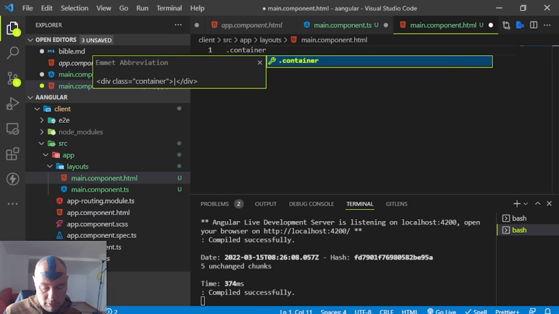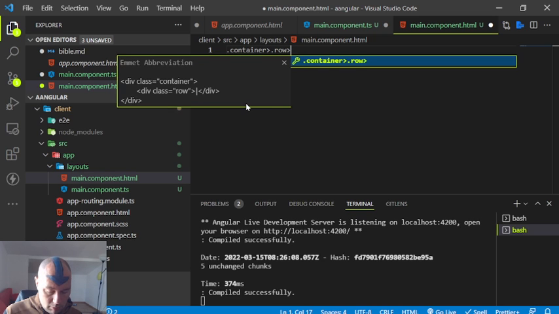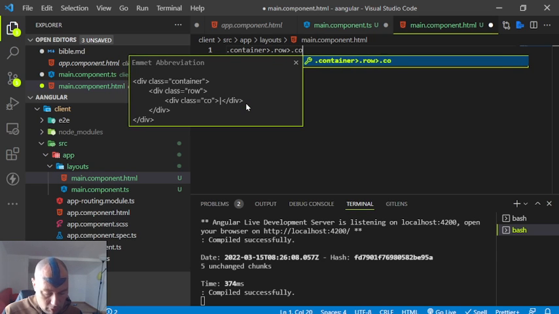using Emmet, container, dot row, dot col